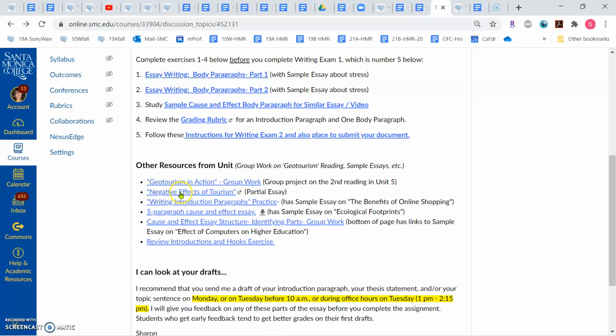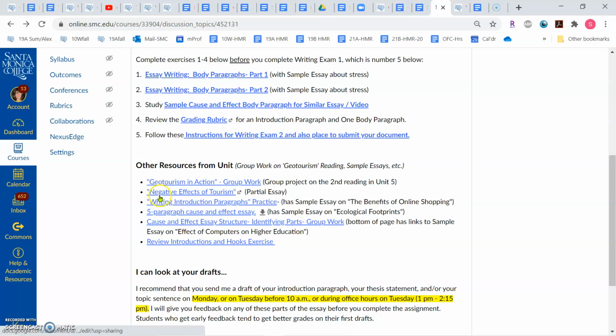There's also a sample essay that you guys read above, but I've put it here also, and it's a similar essay to what you're writing. You're writing about advantages of geotourism or positive effects, and this essay here is on negative effects. So that would be a good one for you to study up here.